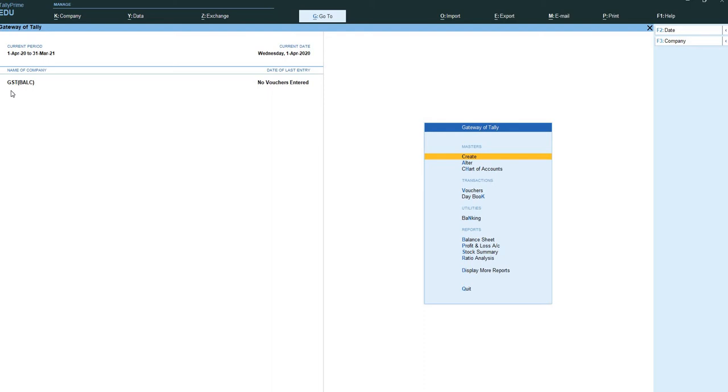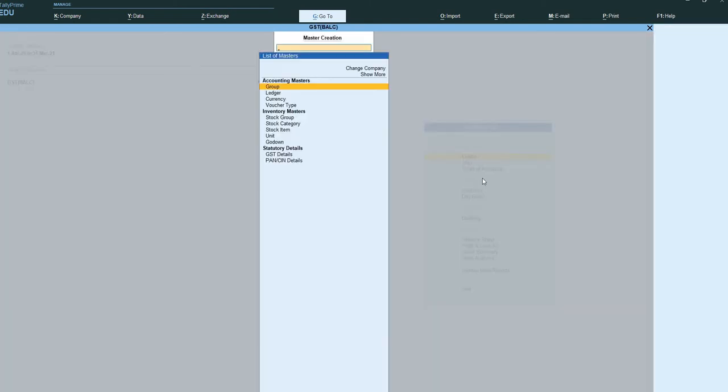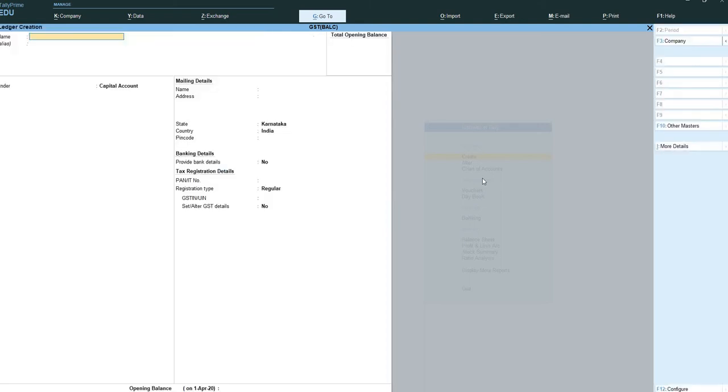We have the options here, and this is called the Gateway of Tally screen. Whatever work you have to do in Tally, you have to begin with the Gateway of Tally screen. Now I'll start the ledger creation. I have to go for Create, and here I can find the option called Ledgers, wherein I'll start creating ledgers relating to taxation. The first ledger I want is